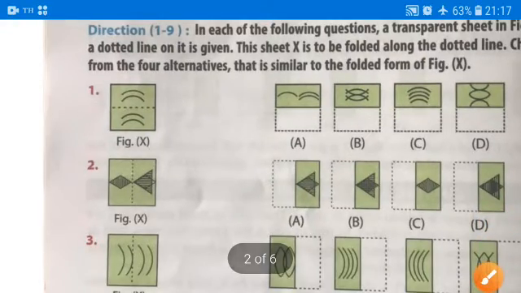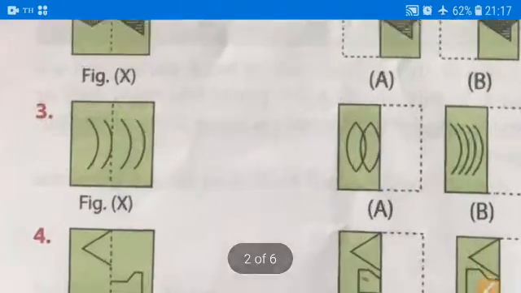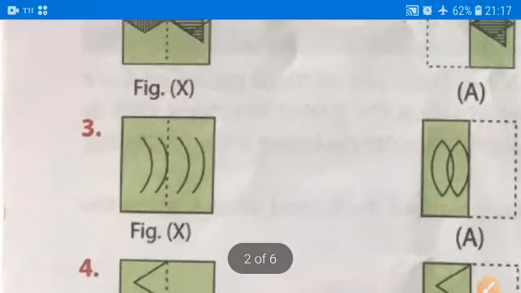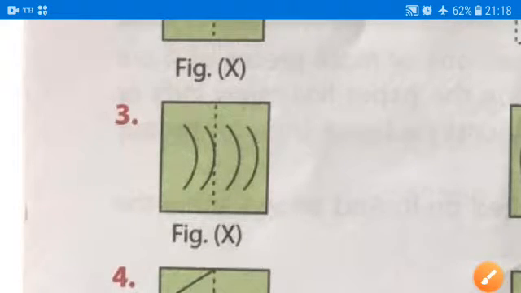Now moving further to question number 3. Again, we have to fold this figure along this vertical line. Fold this figure along the vertical line.